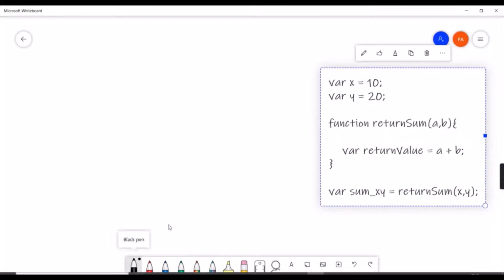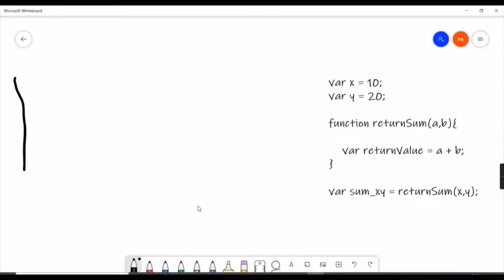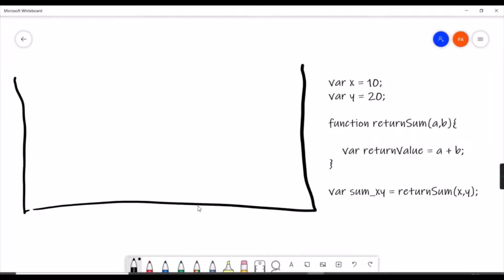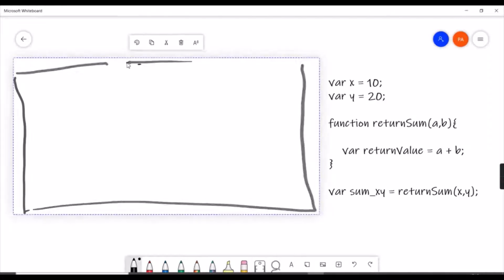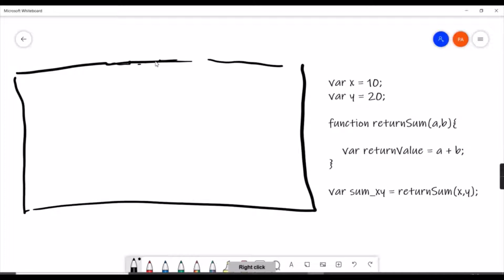Whenever a user submits this code for execution, the JavaScript engine will create an execution context, which will be a global execution context, right? We have seen it in the PPT. So we'll just create an execution context here.